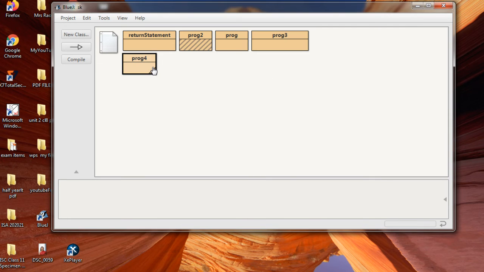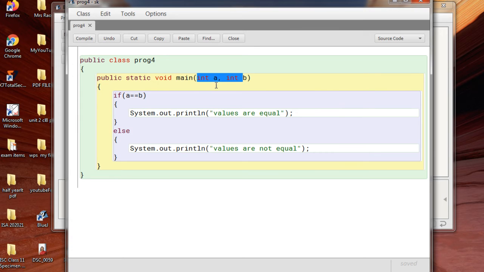Now let us go to the program and modify this. This time I'm going to enter string data, string A and string B. And how to write the equals function?